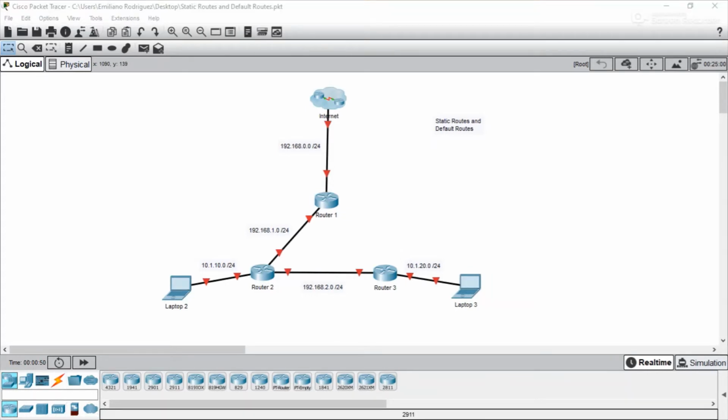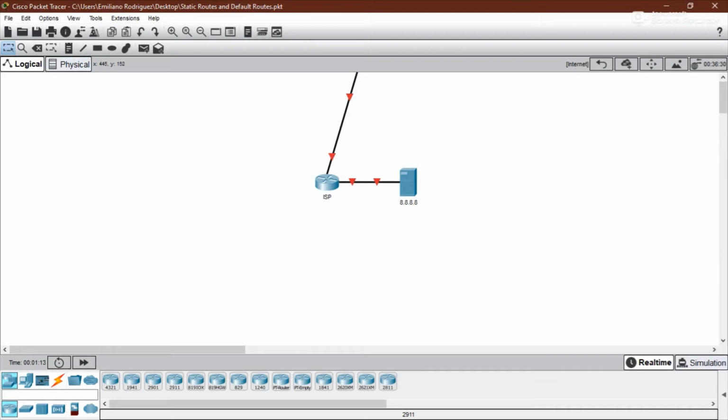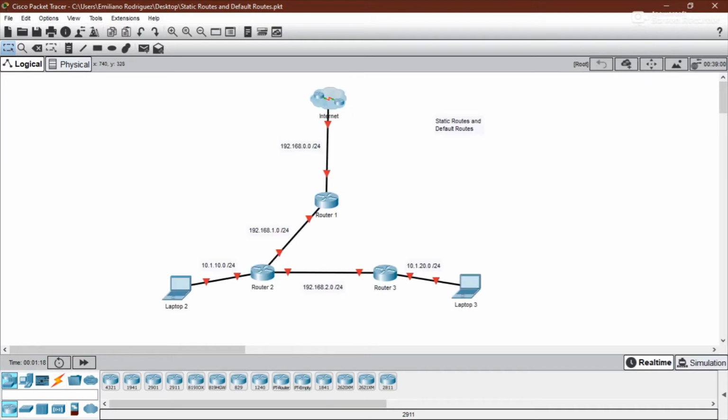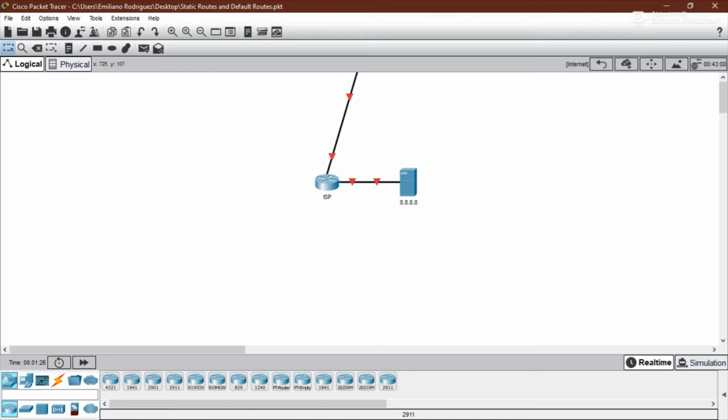In this video, we will be configuring static routes and default routes. Static routes will allow all of our routers to have full connectivity throughout our network. Default routes will allow our laptops and routers to be able to go outside of our network to the internet, represented here by one router and one server. Once static routes and default routes have been configured, the two laptops should be able to ping the server